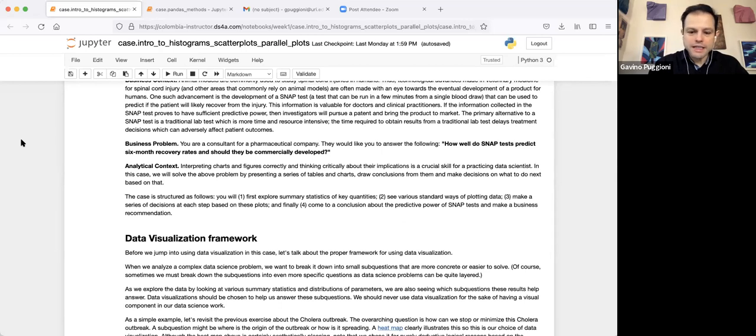So as a first example, before we talk about the SNAP test, let's revisit the previous exercise about the cholera outbreak. The question was, how can we stop or minimize the cholera outbreak given the information that we have? Now, that's a very wide question until you see the data, right? You don't know. So a sub-question could be, what is the origin of the outbreak? If we want to stop an outbreak, we might want to intervene at the origin of it so it stops